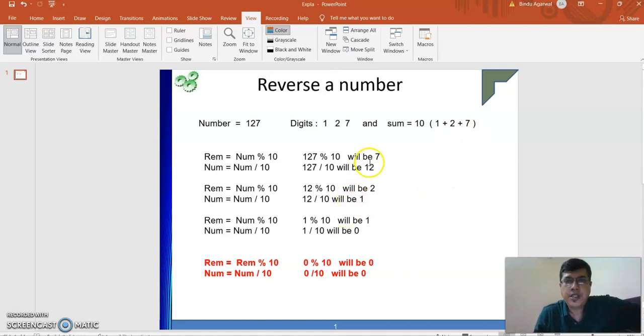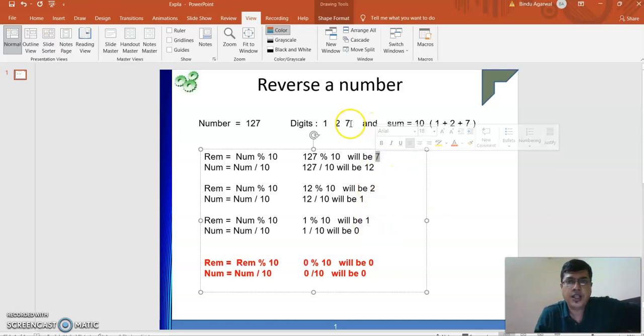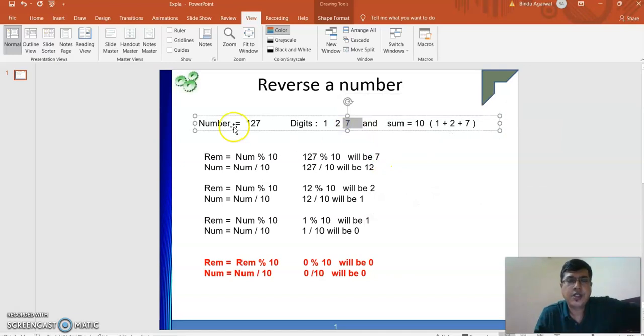Now you see, each time I'm getting a digit. First of all, 127 mod 10, we get 7. Then we get 12, so 7, 2 and 1. So first we get the end digit, the least significant one, the unit place, then the tens place, the hundreds place, like that.